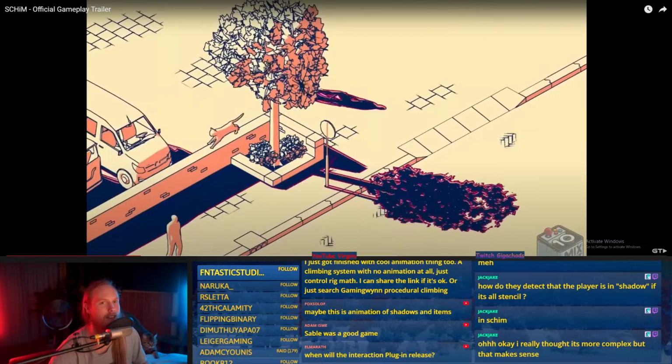How can we see if this character is in shadows or not? Oh, we could use a scene capture every frame and get the average luminosity, then get the CPU to read every pixel of that texture and sum them all together, and that's the brightness. It's like, what the fuck?